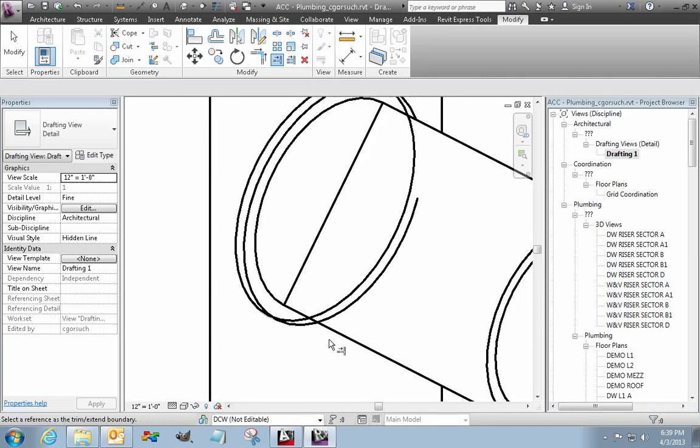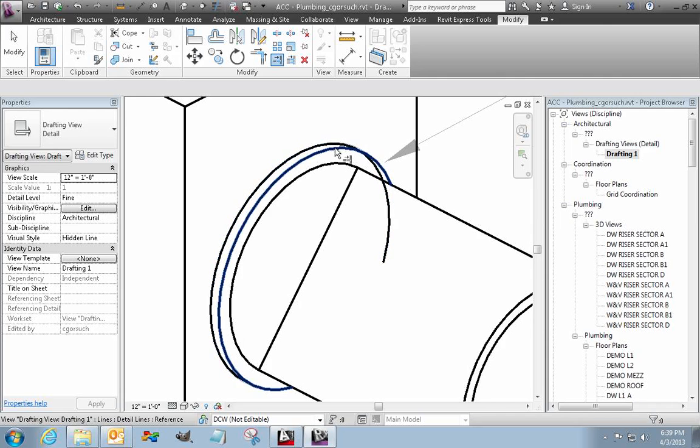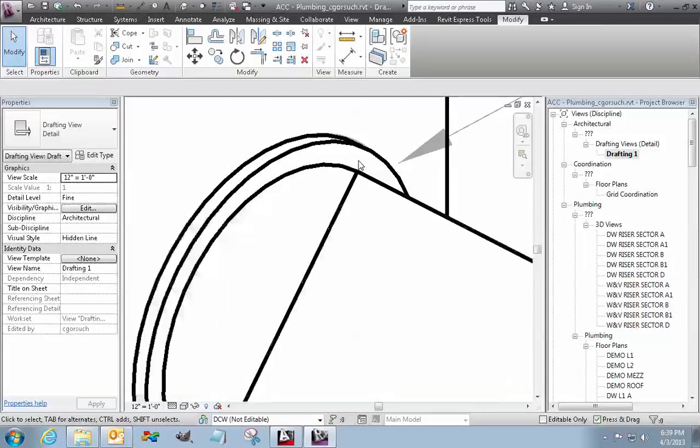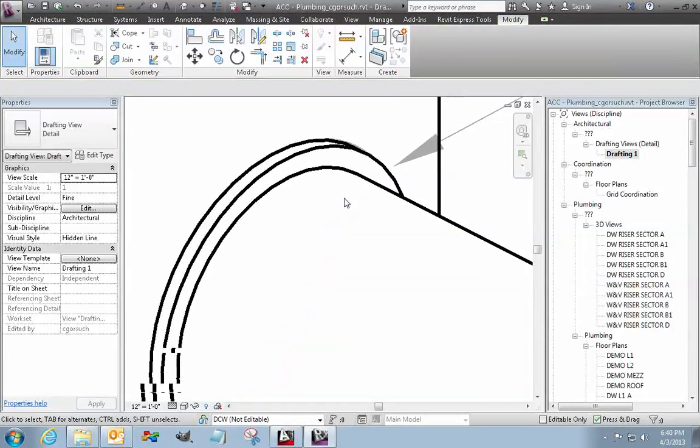For those of you that don't know the extend command, click on extend, click on the object that you're extending to, and then select the object that you're going to extend on the side you want to keep. So there's that, and then we'll repeat that for this next go around by using the ellipse as my other extending tool. And yet technically, I don't have the line that's tangent from this ellipse to that ellipse, but it's such a minor detail that very few people are going to see it once this is